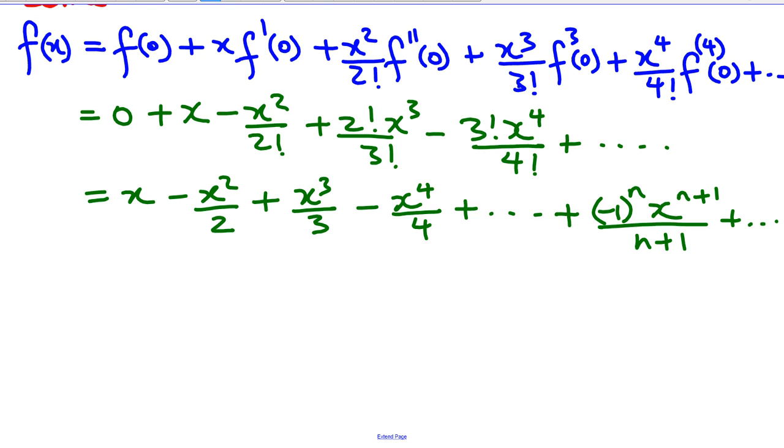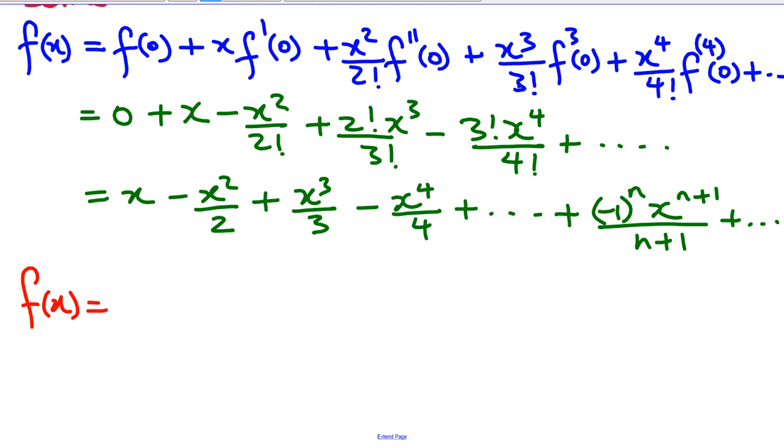All right, and if you plug in, starting from 0, this should work. -1 to power 0 is 1, x to power n plus 1. If you replace n with 0, then you'll have x to power 1, and then you denominate. So, yep, the pattern works,